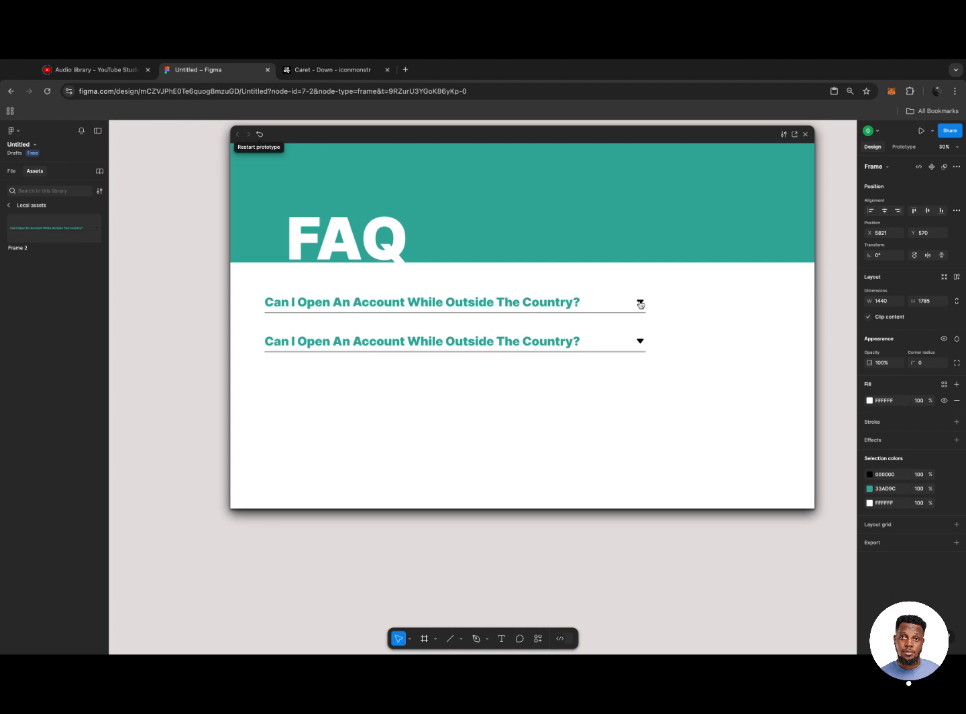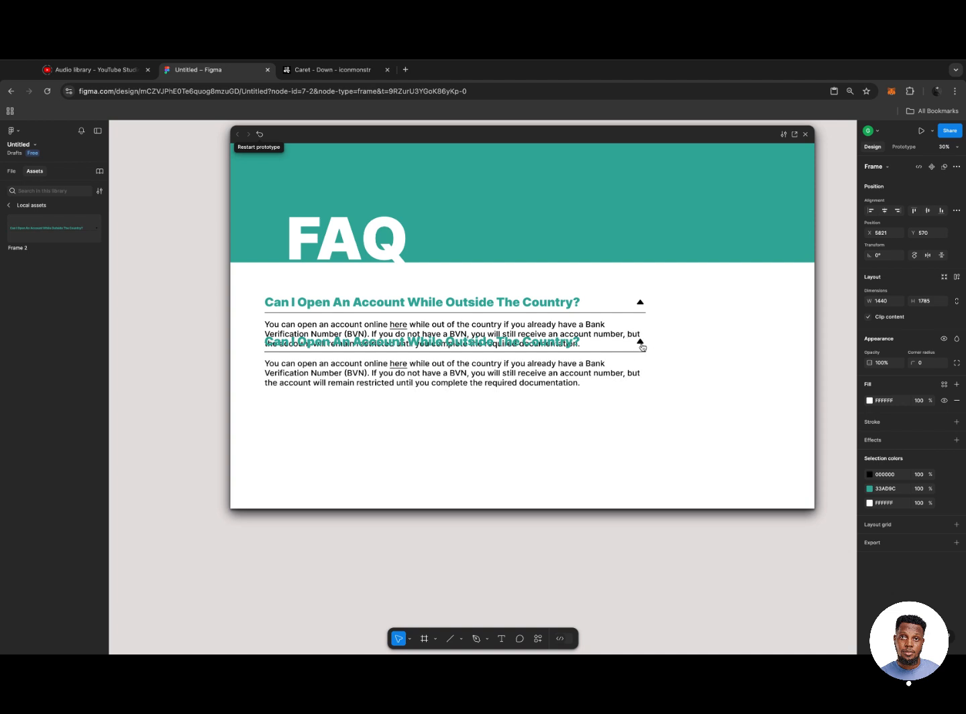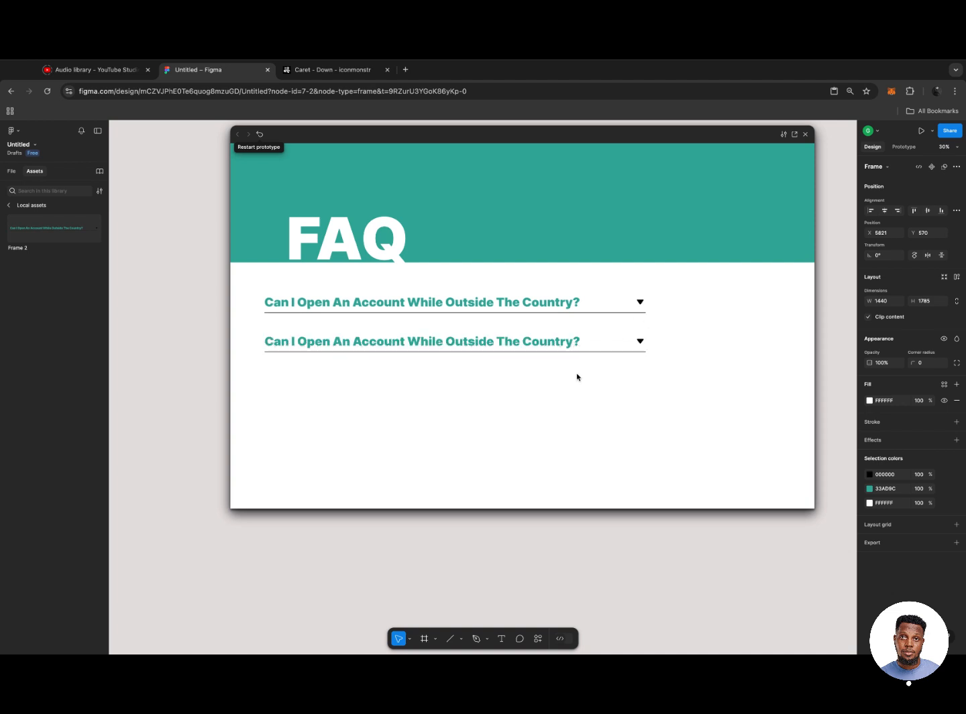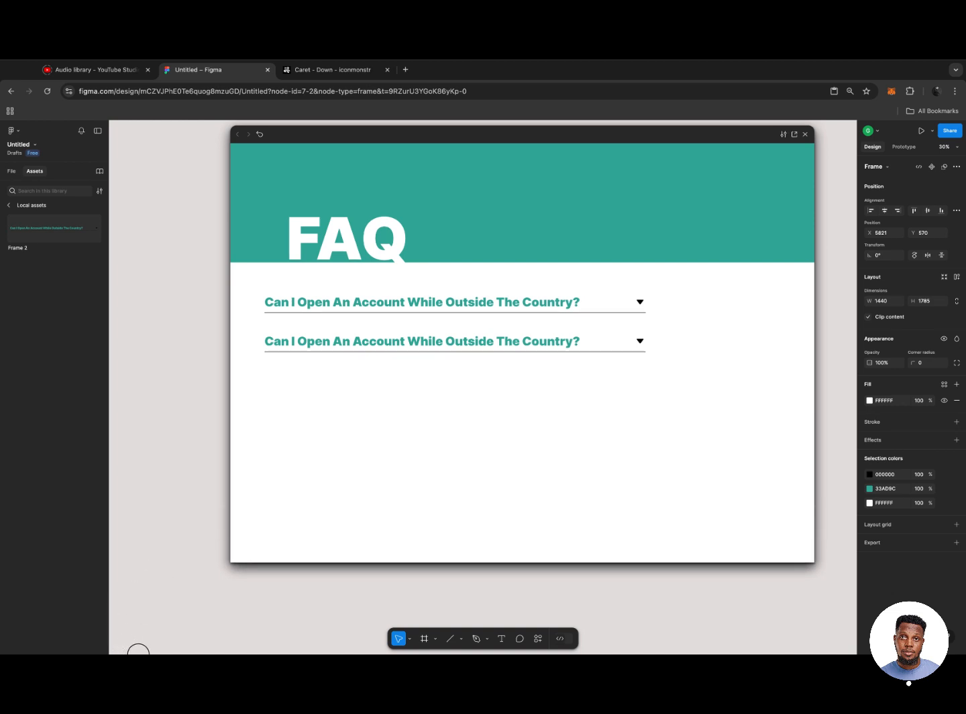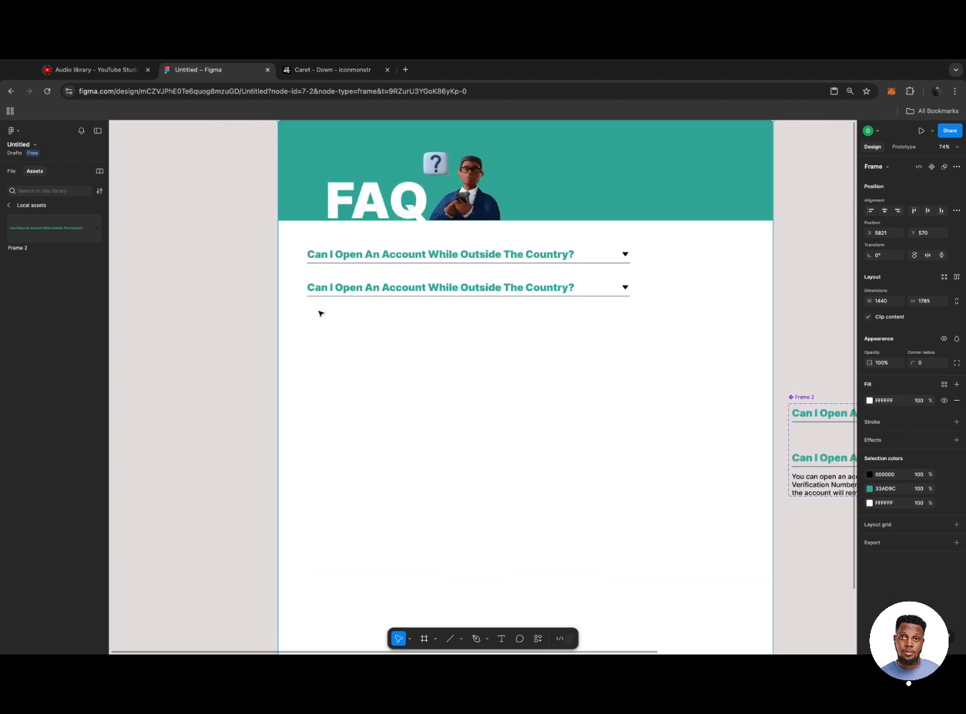So when I tap on this one, you can see how it is overlapping on the other one, right? See, this one overlapped on this one, and I don't want it to be so. Okay, so how do we fix that? I'm going to close my preview. So I'll grab on